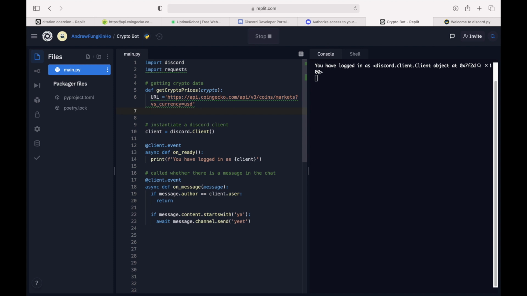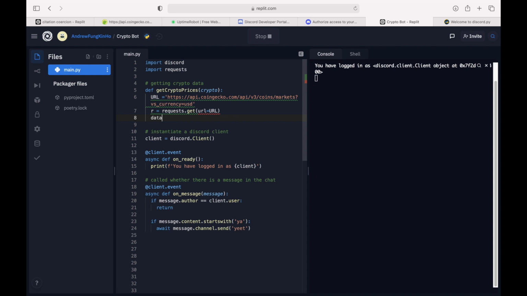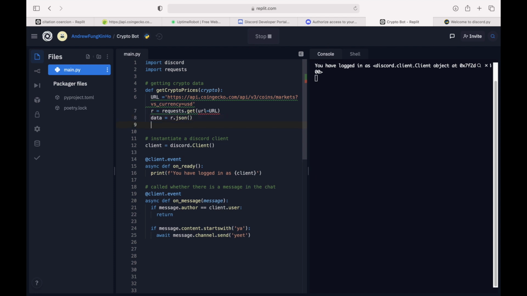and let's do r equals requests.get, url equals url, and let's format this to be JSON. So data equals r.json(), and let's print the data out.